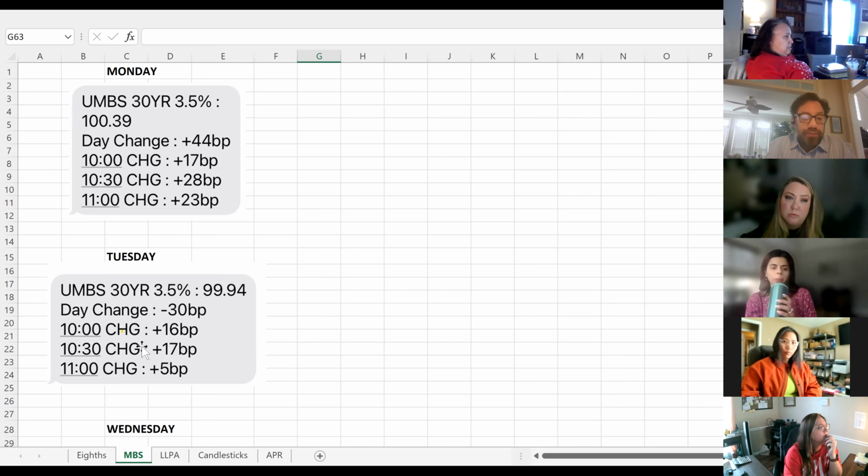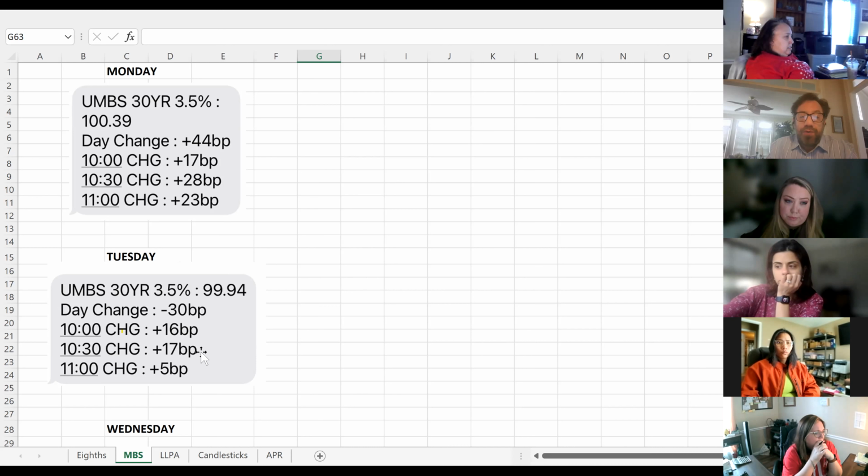open up. Let's see what happens. We're off 30 basis points for the day. So that's bad. Now we're going the other direction. From 10:30, we improved 17 basis points. So that means the market must have really opened bad, right? Must have opened off,